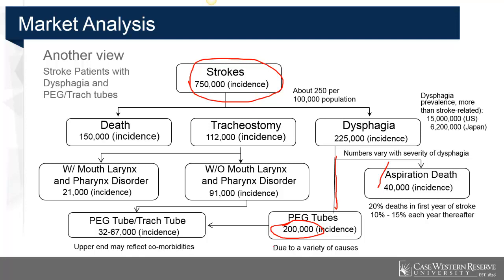And now what's really interesting is that a small fraction of those have a trach and a PEG tube. So in this case, you have a very, very small number. Let's just say 32,000 versus 750,000. Obviously, this is a much, much smaller addressable market. One thing to think about, though, is meeting a need for somebody with a PEG tube and a trach tube, and we realize that if we can solve this problem for the person,